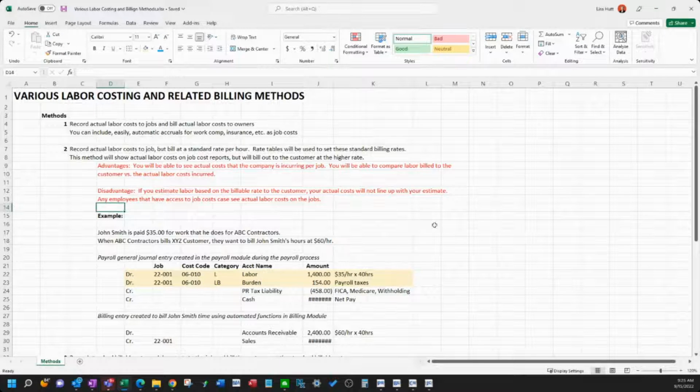When you set up your fringes in the payroll module, you can set up work comp and your insurance and really any other automatic accrual you might want to have based on maybe hours or a percentage of payroll, for example. You can set up your work comp tables as well in scenario number 1, method number 1. So there are still some automatic things that can happen with this simplified method.